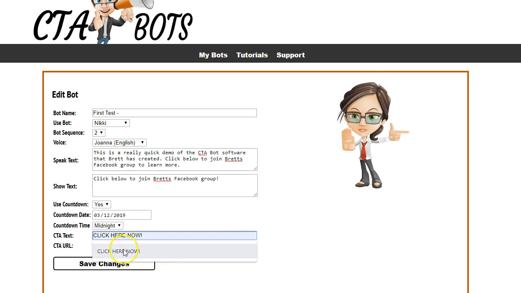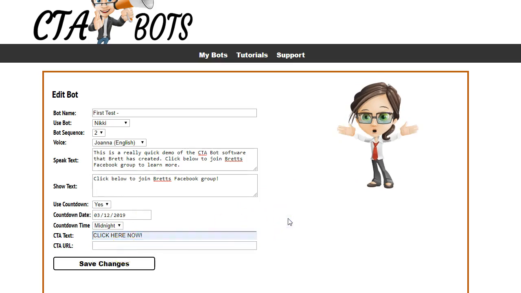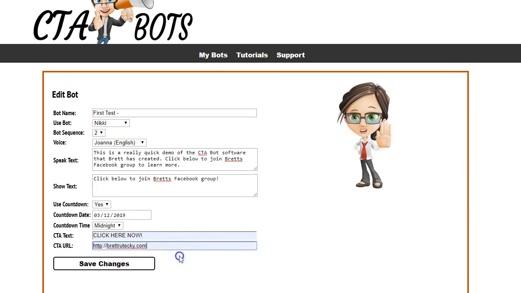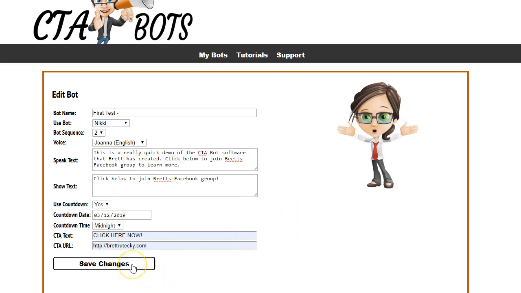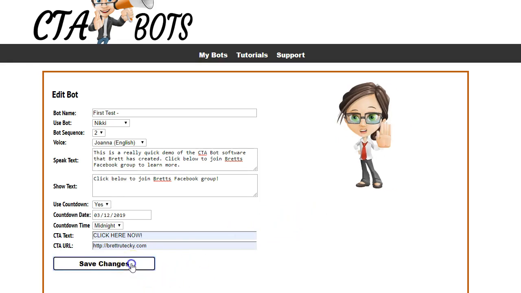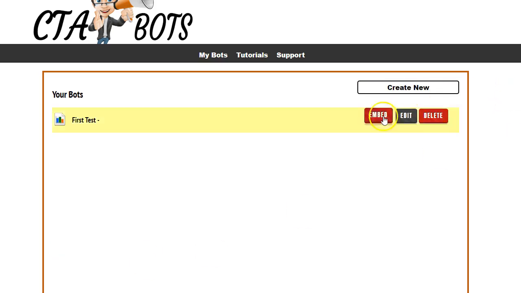Finally, it's going to ask you to enter in your call to action text. This is the text that shows in your button, and it's going to ask you for the call to action URL. That's where people will go to if they click your call to action button. Once you have all this entered, go ahead and click on Save Changes,